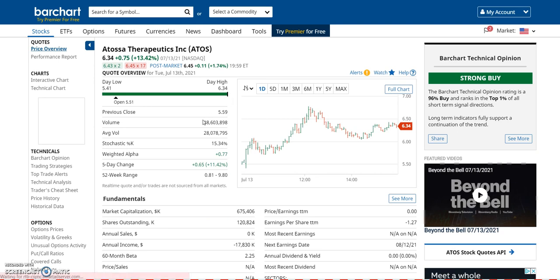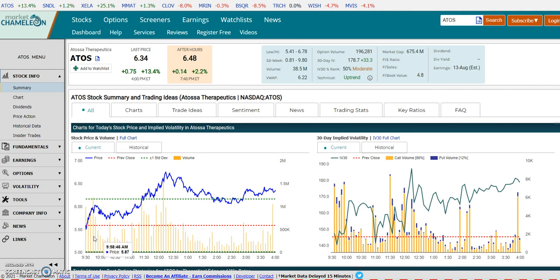The volume was 38 million, whereas the average volume is 28 million. So more volume came today compared to the average volume. And look at today's volume, more price action. If you look at a daily